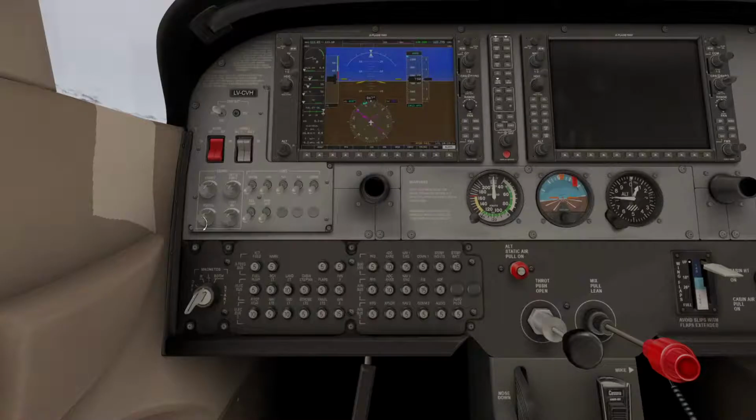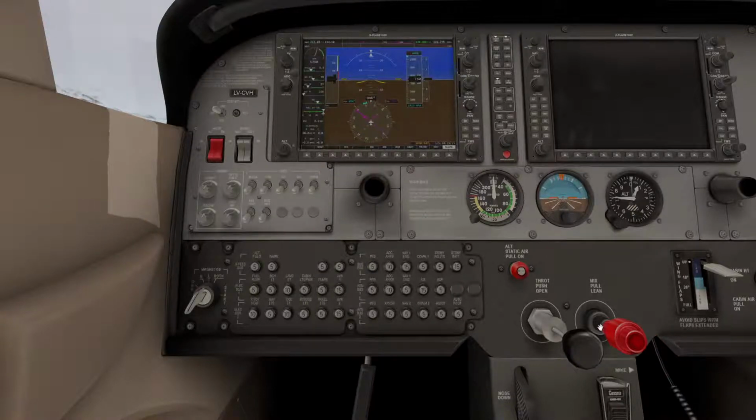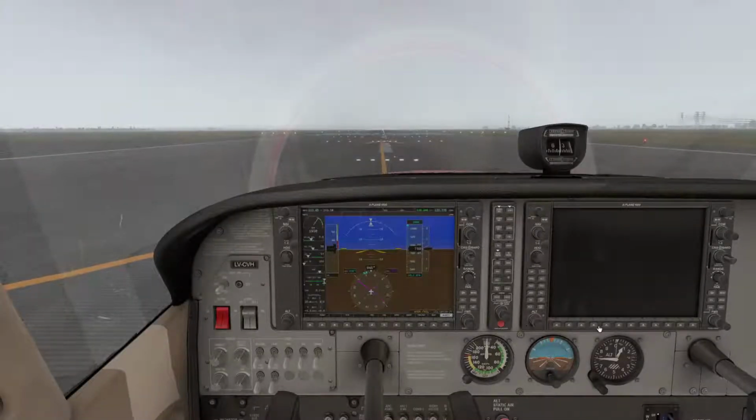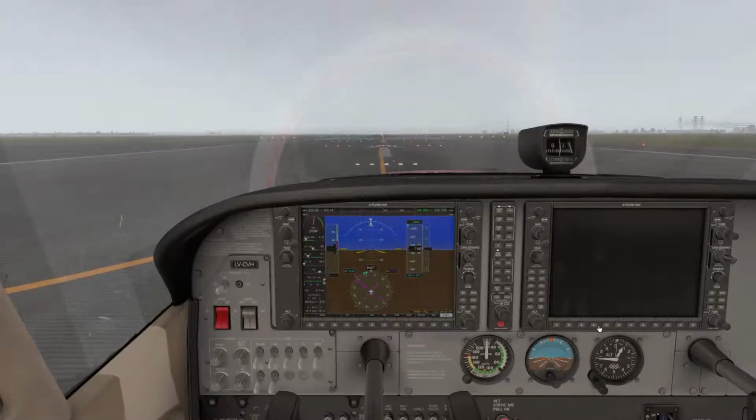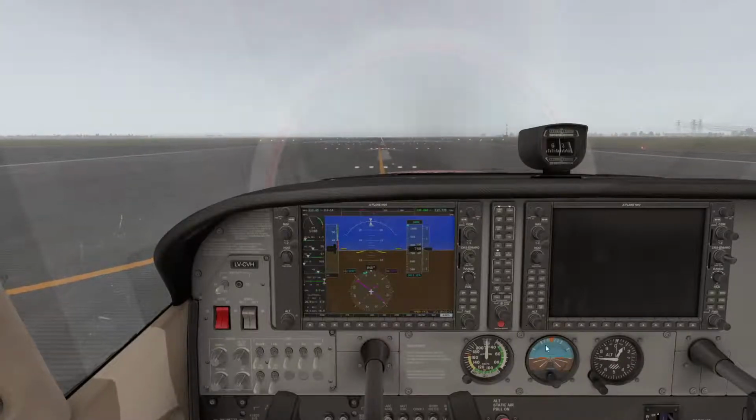151, where are you at? We want to join 151 outbound. Now the winds are out of the south this morning, so we're probably going to take off runway 12. So I'm just going to go ahead and set runway heading here in my heading mode of 120. Now I have these bound, so you can probably see 120 runway heading, and we're eventually going to turn and join outbound to